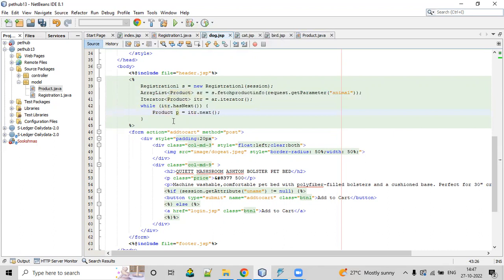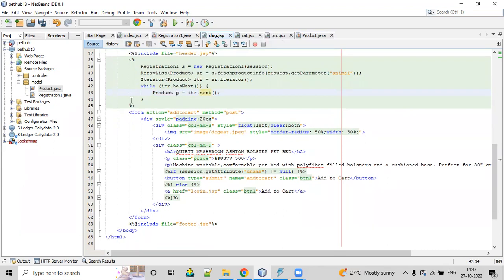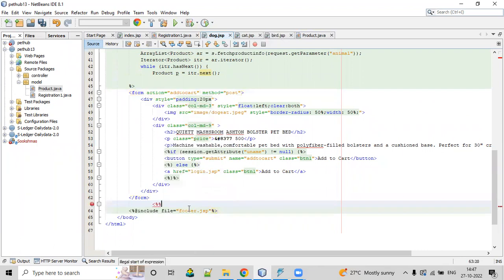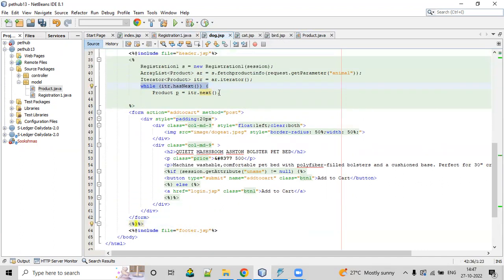So I have created the object for the class Product p, and now I'm going to retrieve the values one by one. And this should be closed after this form. Okay, not there. After that form, we have to, because it should, so this is nothing but similarly a for